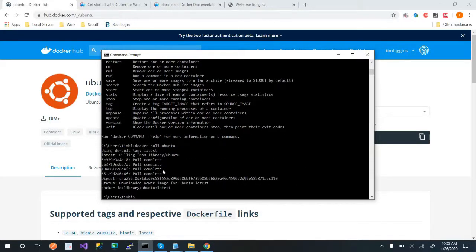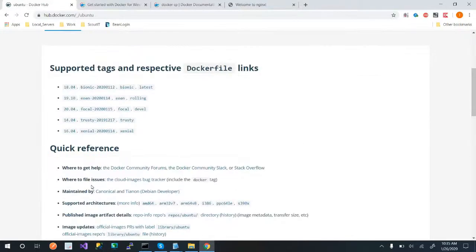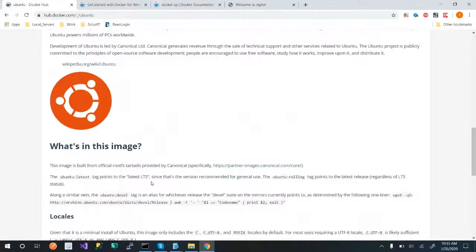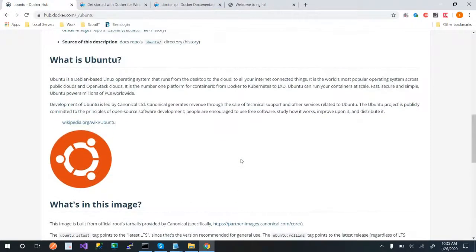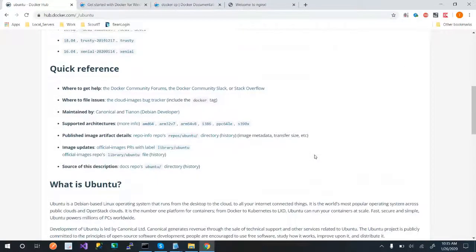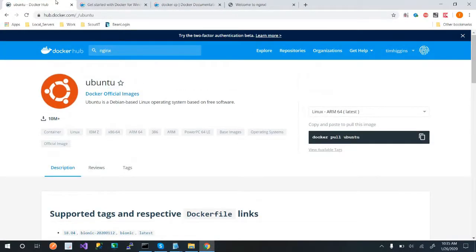Okay. And then if I look at my Dockers, okay, I don't have anything running. So what happened? Well, I didn't start it up, right? So then you would just have to find the command to start it up. I can tell you the command is run. Run will start it up for you. I thought maybe they give you a good demo here, but they don't. But let's go back to here.